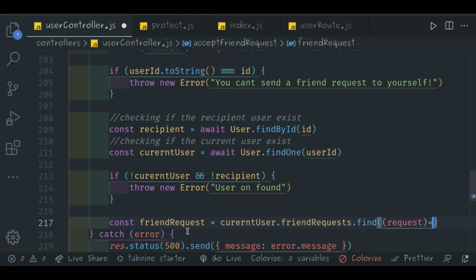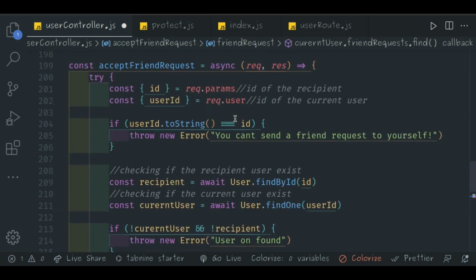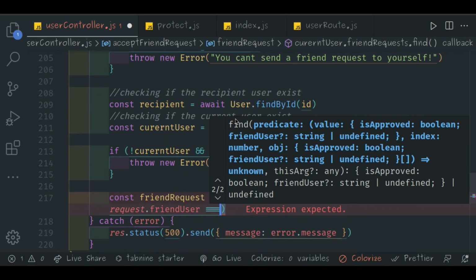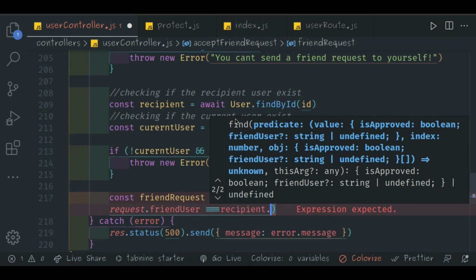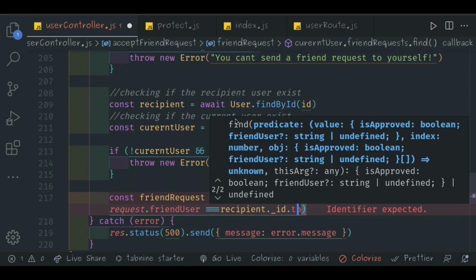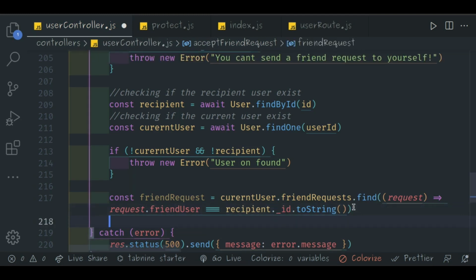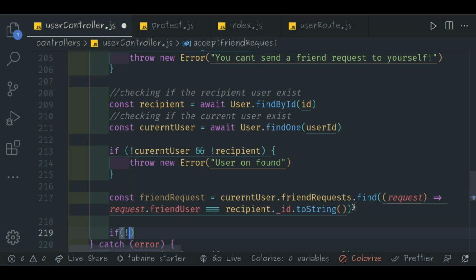What we are trying to do here is find the request dot friend user that is equal to this recipient, that is recipient dot id dot to string, just like this. So copy this. You want to check if there's already a friend request, and if there is no friend request,